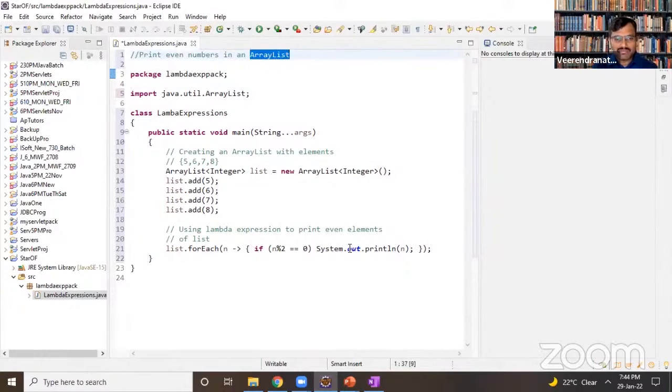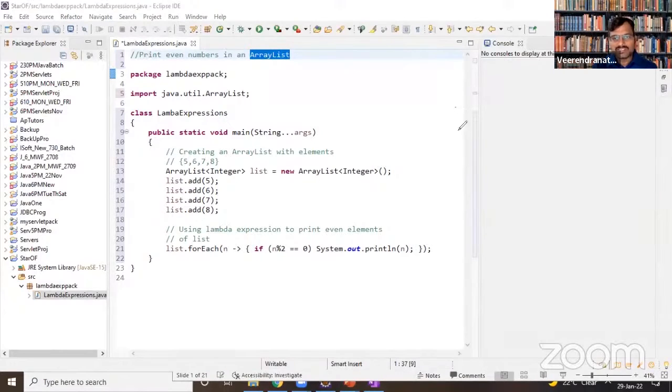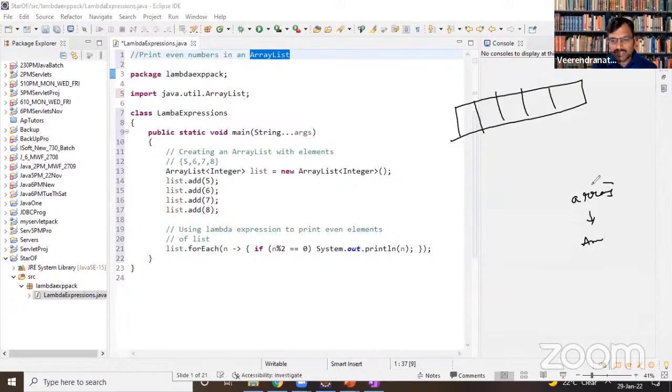To give you a brief idea about an array list: what is an array list? An array list is a collection of elements. When you say array list, many people might think that array and array list are the same. There is a lot of difference between a general array and an array list.